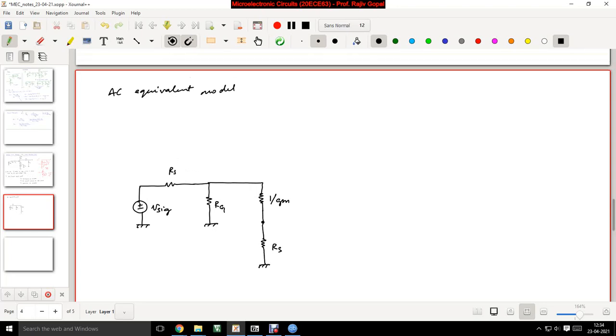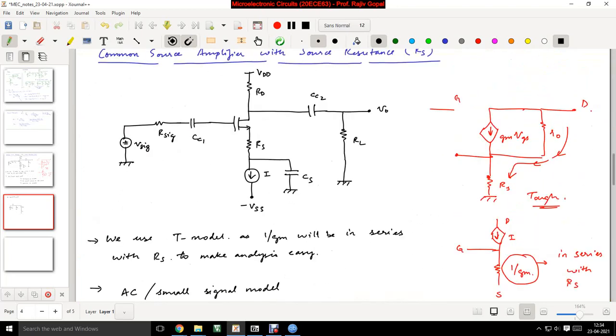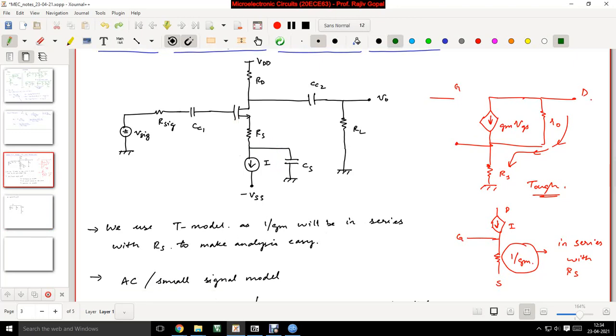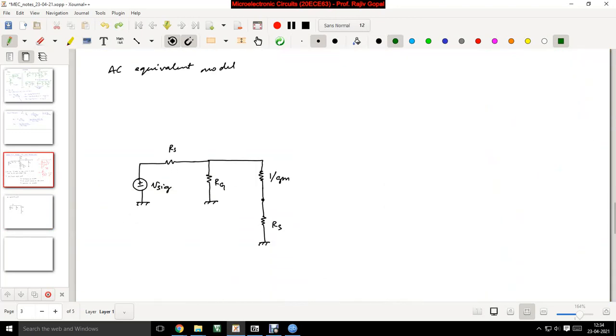Remember in the diagram above, we have the bypass capacitor which is parallel to the current source. The current source will anyway be open circuited and VSS will actually be shorted. So the flow is like this, okay, and CS will be short circuited, right? So we are connecting RS directly to ground, okay. So that is what I have done here.